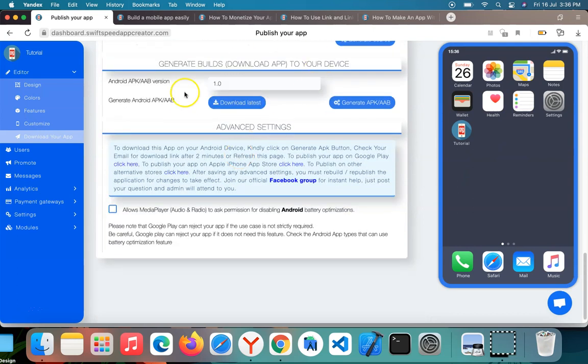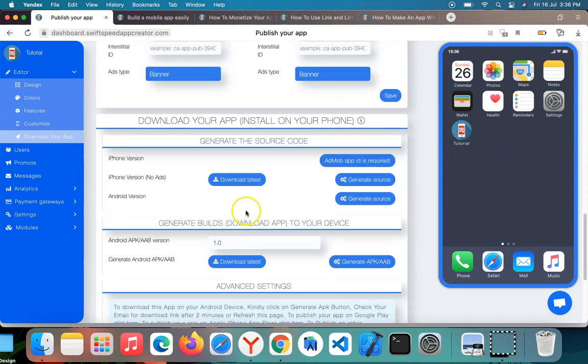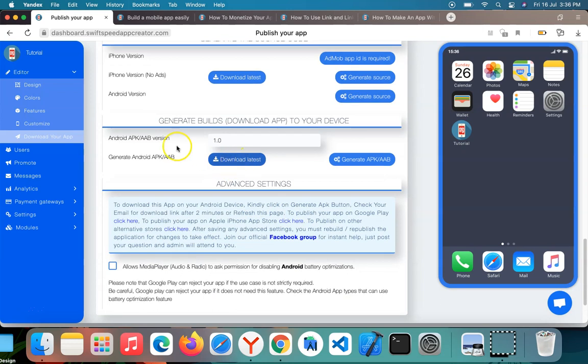All right, good. So my app is now downloadable. So the APK is generated. You can click here to download the latest APK, which is version 1.0, and then upload it on Google Play, and then test on your phone too. Here to download this app, okay, this is just instruction, but you can click here to publish your app on Google Play, click here to publish on App Store, and then you can click here to publish on other alternatives like Galaxy App Store. So